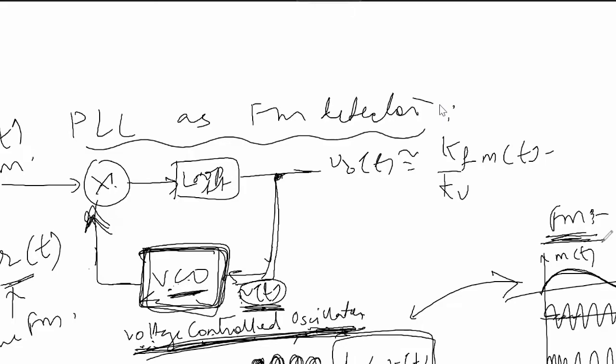In FM also, the output frequency of the carrier signal is changing with respect to the message voltage. Similarly, the output frequency of the VCO is changing with respect to the V(t) voltage. So the equation of R(t) from the VCO will have a similar format to that of the FM equation, and both these equations are then given to a multiplier for multiplication analysis. Now in this particular phase lock loop, what is the concept? The FM equation, as we know, is Ac cos of